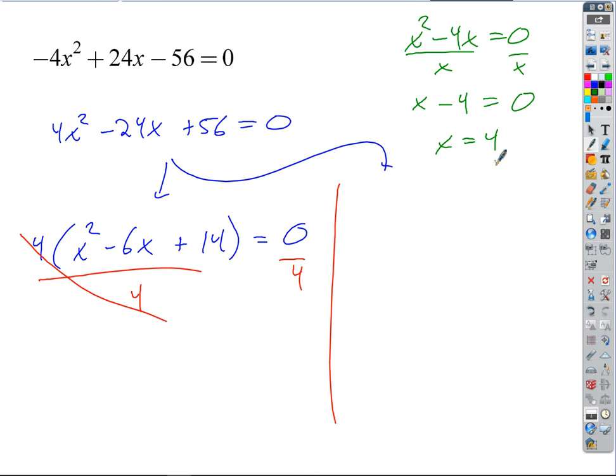Instead, what I would have wanted to do here is to factor that, right? So instead I would have factored out an x, leaving me with an x minus 4. And now if I apply the zero product property, what are my solutions? x equals 0, or x equals 4. Well, we lost one if we divide both sides by a variable, right? So you can't do that. That's going to cause problems. But what we can do instead,